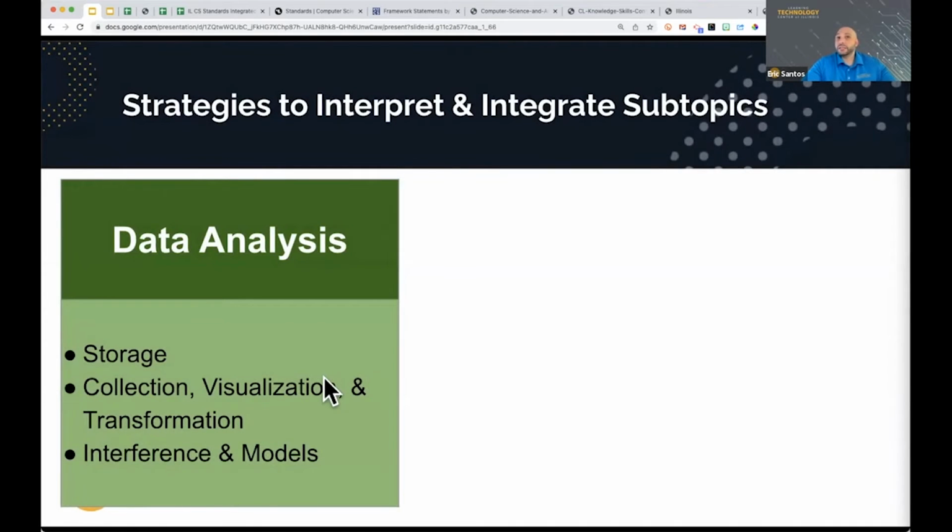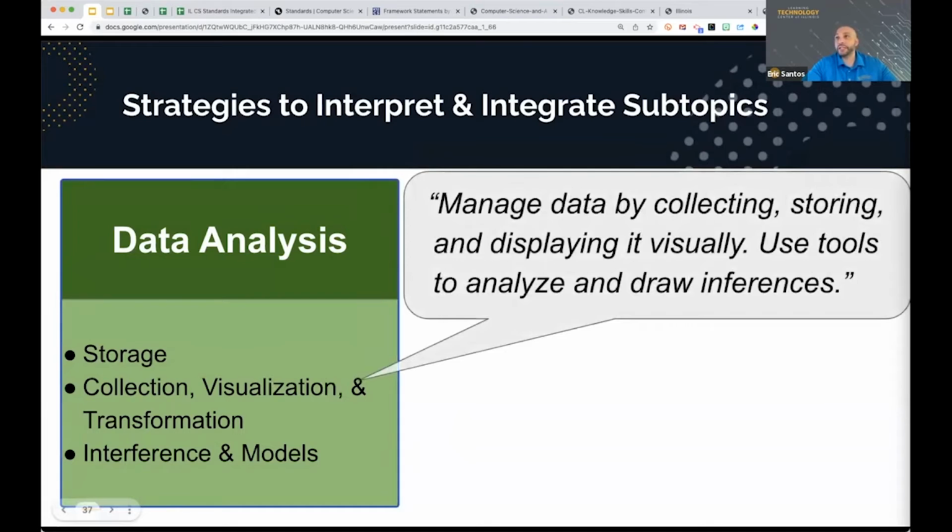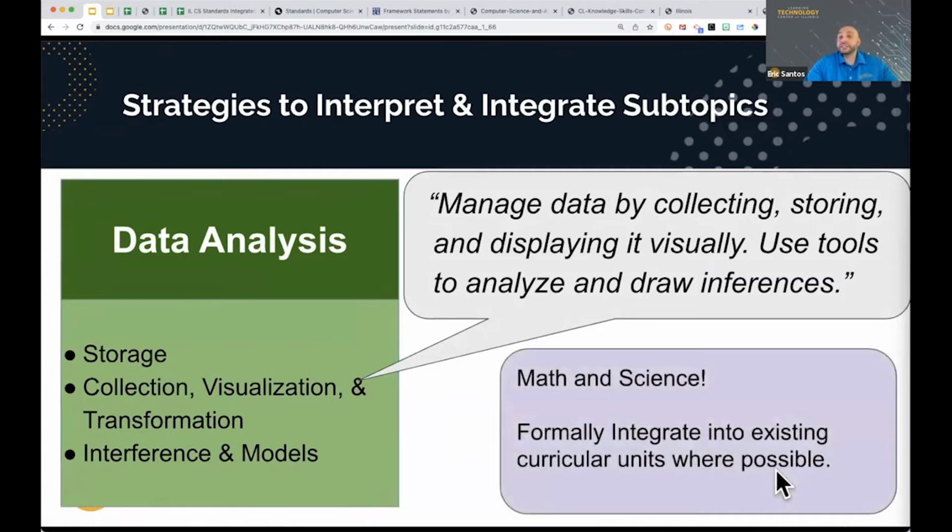All right, data analysis is the third topic. And if I were to sum this one up, it would be managing data by collecting, storing, and displaying it visually, using tools to analyze and draw inferences. My math and science teachers, this is your time to shine. This is something that a lot of these standards can be formally integrated into the curriculum that teachers are already